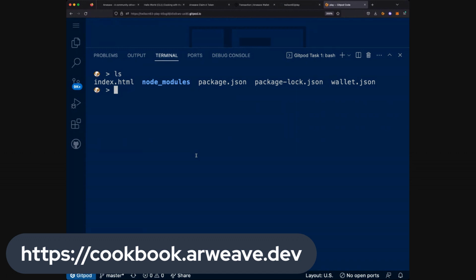this file to Rweave. So we're going to use npx to run the bundler CLI command, and we want to upload the index.html file. And we're going to use Rweave as our currency, and we want to use the bundler node 2. Bundler network is a